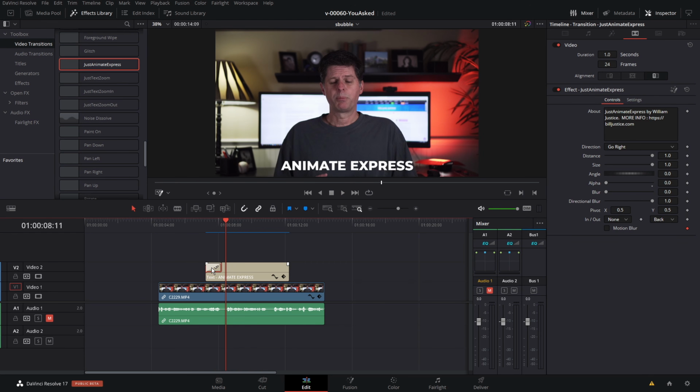Just like that. Now let's take this transition and we'll hit Alt and we'll move it to the very end. So we're right here. And we want this to do the opposite thing. So in the beginning of the transition, when it first starts, we're going to have it go back, and then we're going to have it go out, let's say on a sine. So it's going to go back and then come off the screen. So you can use these to adjust the timing and the smoothness of the animation coming on and off the